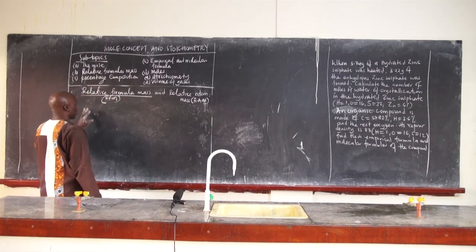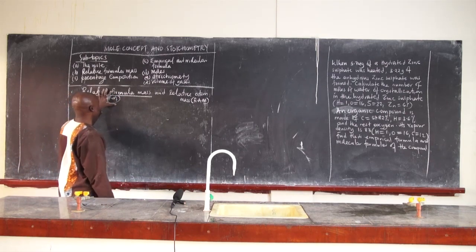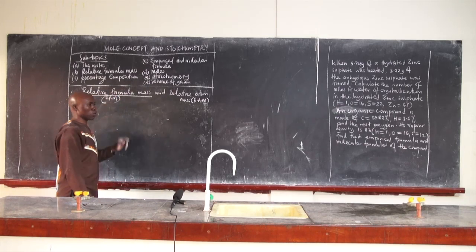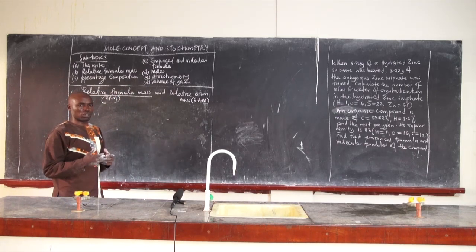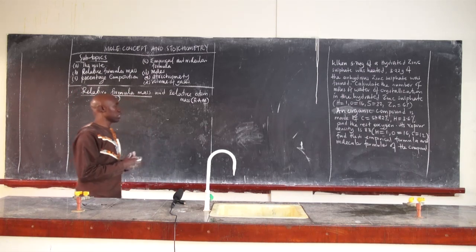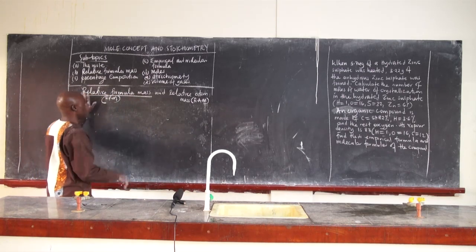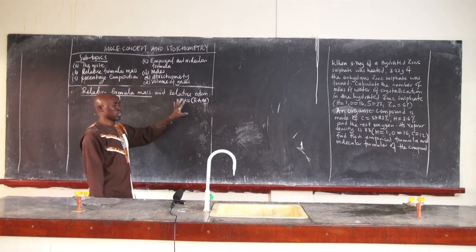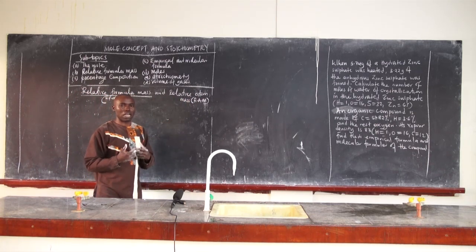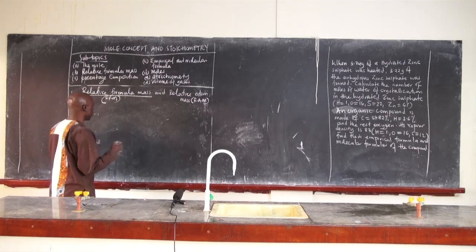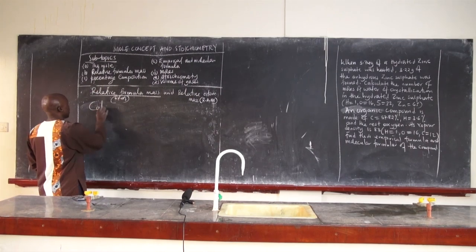So to get the relative formula mass, we normally add the relative atomic masses of the different atoms found in the compound. Say for example, calculate